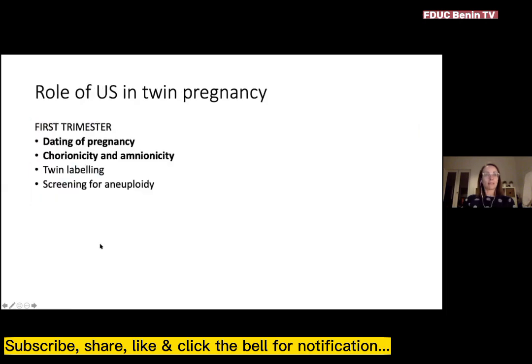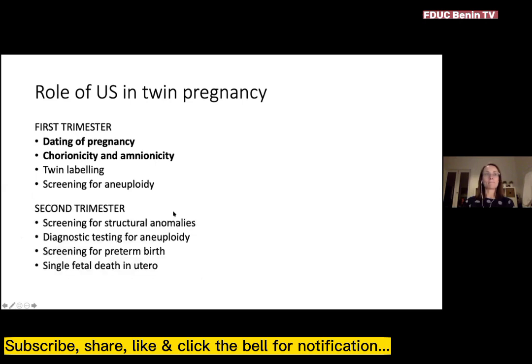So that's just a quick run through of how we use ultrasound in the first trimester in twin pregnancies, and I can't emphasize enough how important these first two are in planning the management of the whole rest of the pregnancy. So if you ever find yourself in a situation of doing a first trimester dating scan, make sure that you do more than just check the two fetal hearts and have an attempt at least of dating and determining